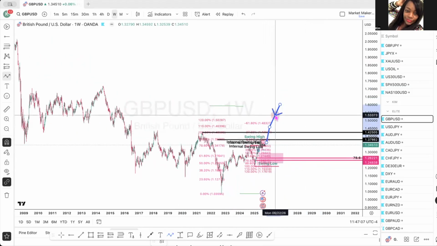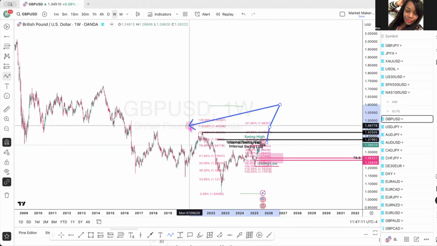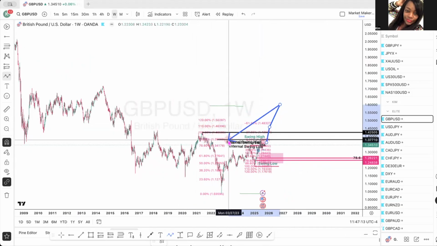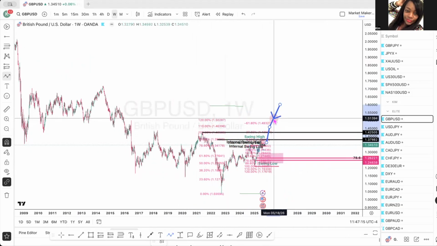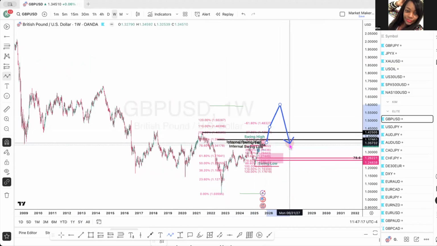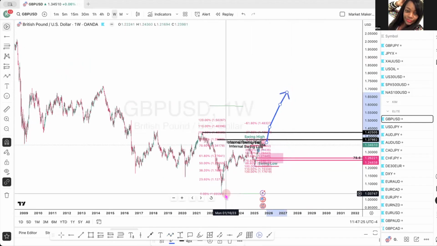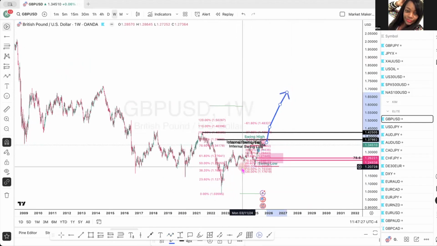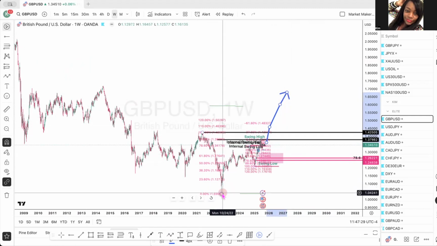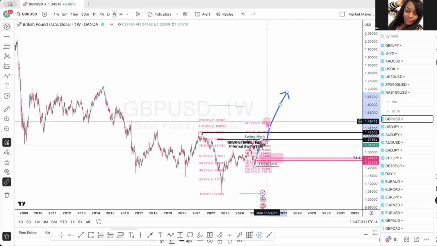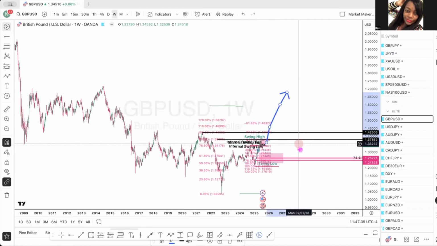But once it pushes and closes above this high, this higher time frame bearish structure, then you'll get a pullback to then start buying. And then you can also fib